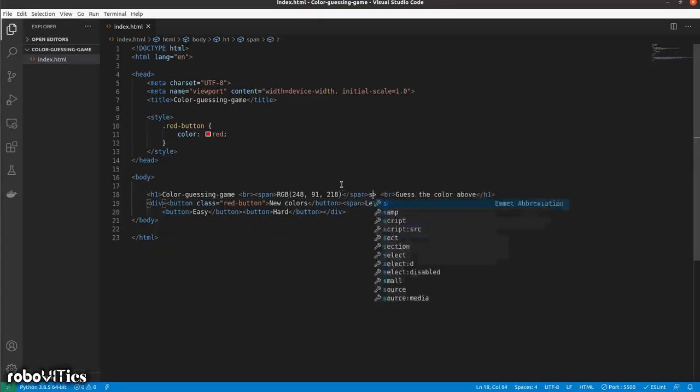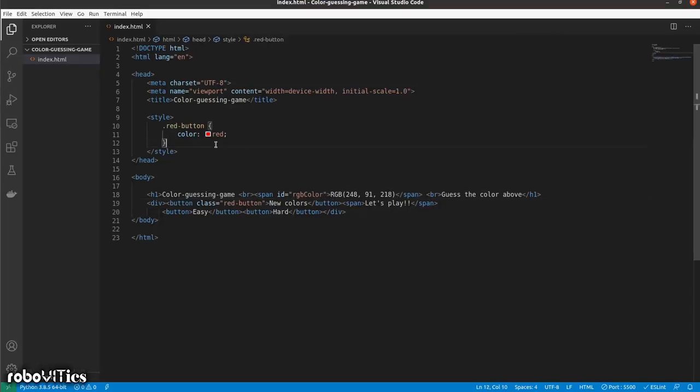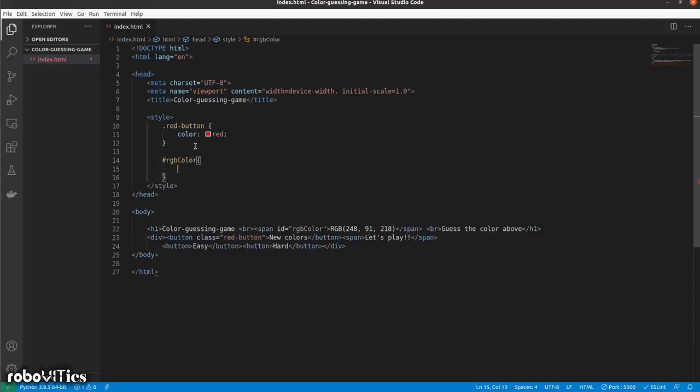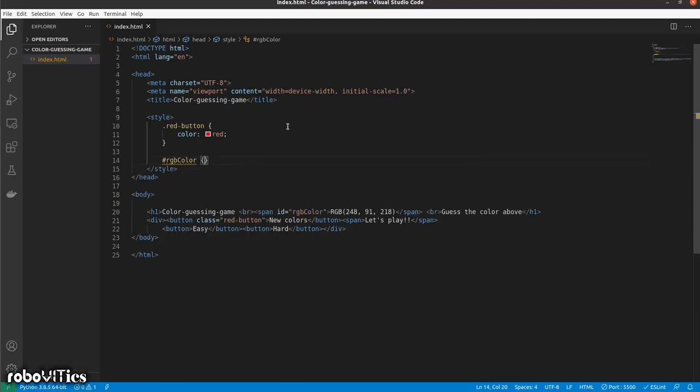So now I have span and span, and over here I am going to add my ID as, say for example, in this case RGB color. And to target an ID inside a CSS document, you are going to use a hash and then the ID name. In this case, it's RGB color, and following that would be our curly braces that we used previously.